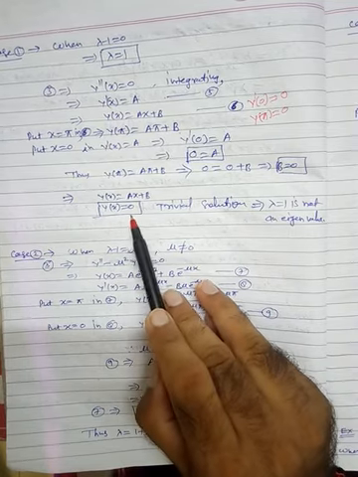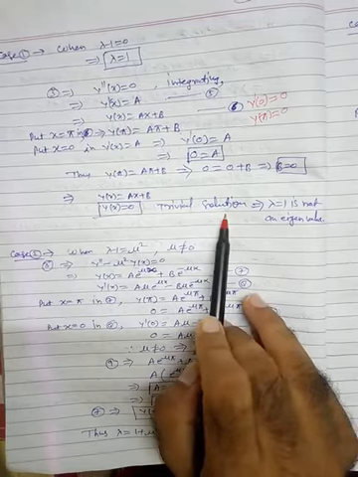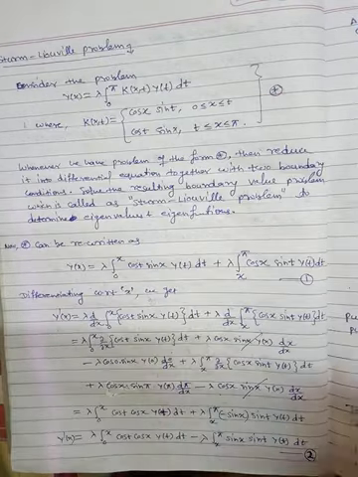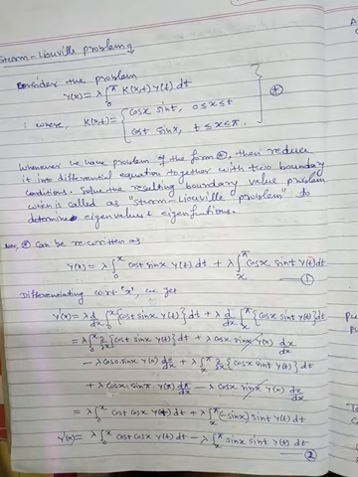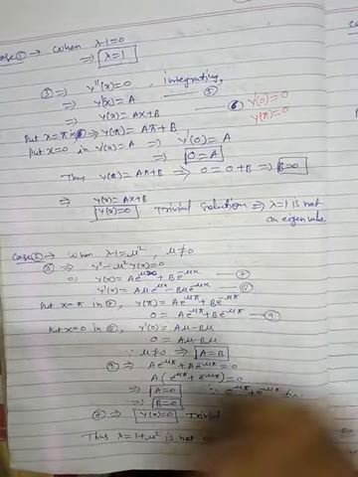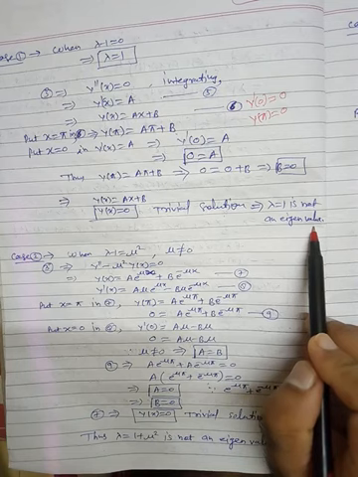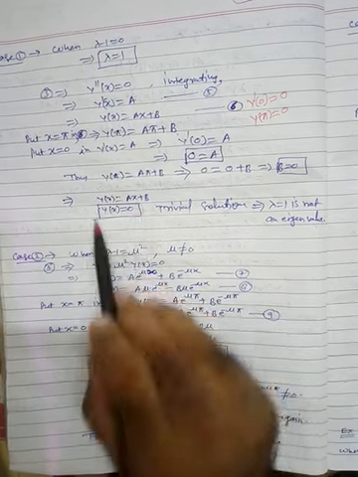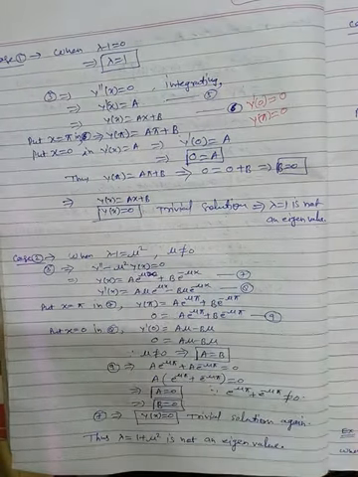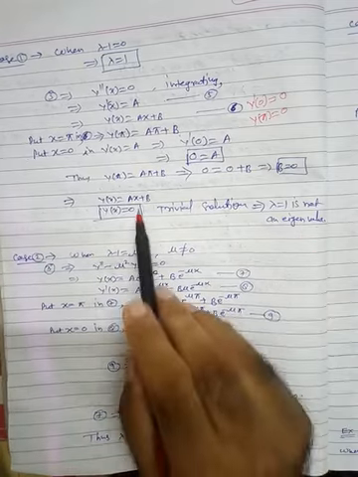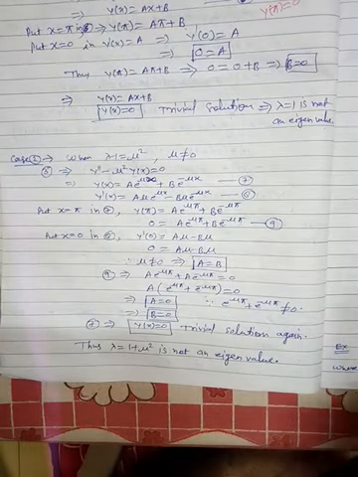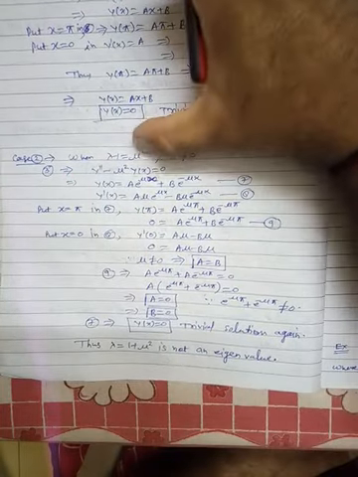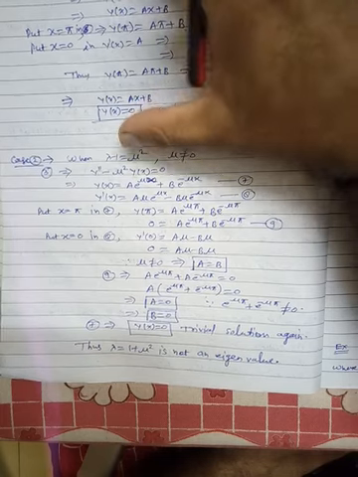But y of x equal to 0 is a trivial solution, because we are already aware that this type of equation always has a zero solution, and our interest is in the non-zero, non-trivial solution. That's why lambda equal to 1 is not an eigenvalue, because we get a trivial solution corresponding to it. So this is not an eigenvalue, this is not an eigenfunction, and this is not a solution. So what is the conclusion from the first part? We have no solution from the first case.